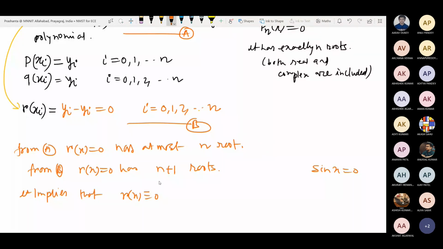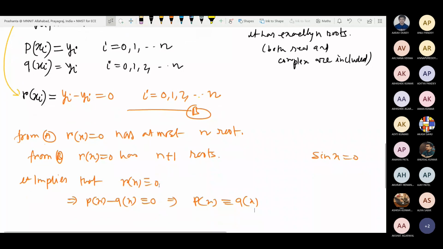So if R of x is identically 0, that implies P of x minus Q of x is identically 0. It implies that P of x is identically Q of x. Three symbols are written to determine both are the same function. If we write equals, it becomes an equation. So the polynomial P of x is exactly the same as the polynomial Q of x. So what happened? If there are n plus 1 data points and you interpolate them with an at most n degree polynomial, you will get a unique polynomial. So the same answer for everyone. That is why this criterion will be used in this interpolation unit.